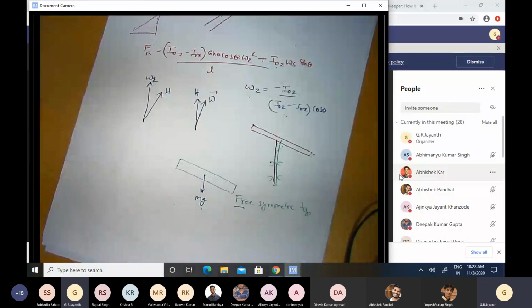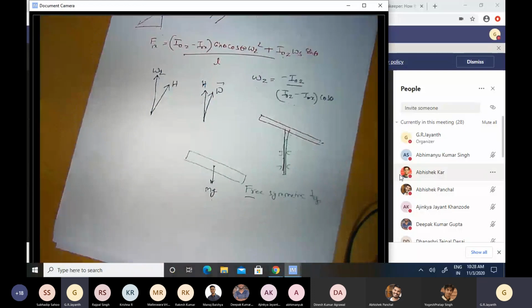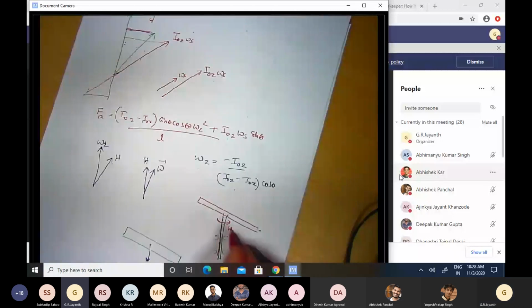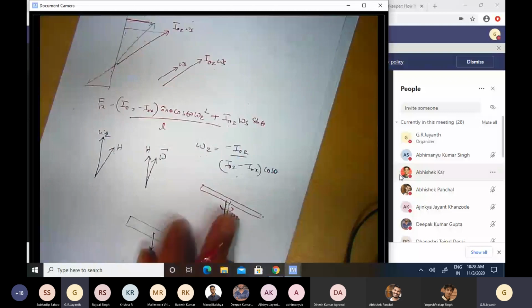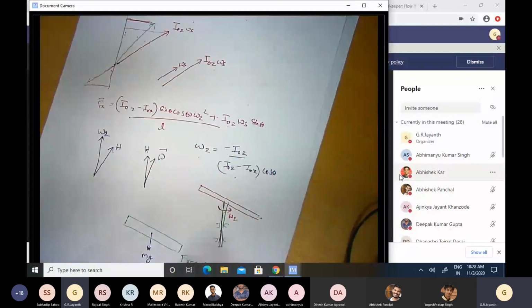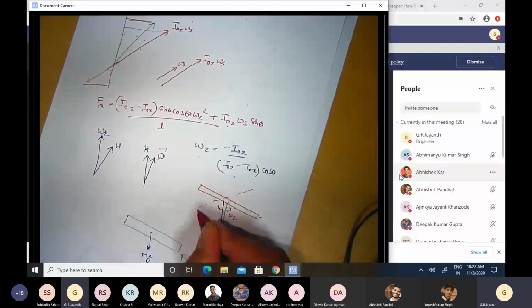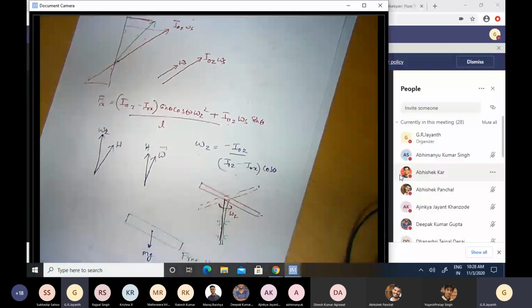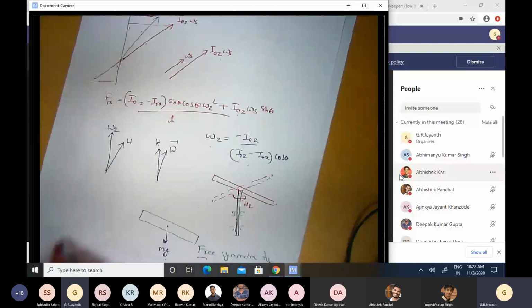Here we discussed that a person who is standing outside will notice this motion about the z-axis, this omega z. When you visualize how this plate will change its shape when it is rotating about the z-axis by omega z, you will notice that it will tend to wobble back and forth. Now it is like this, but after some instant it will be like that, and so on, right? So we called omega z the wobble frequency.